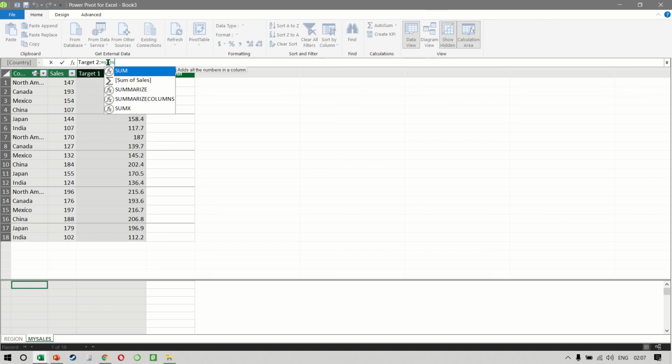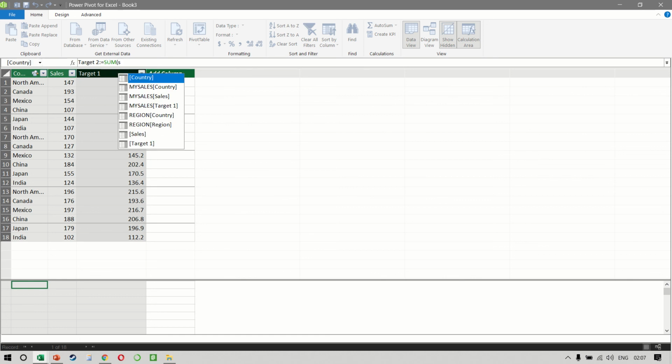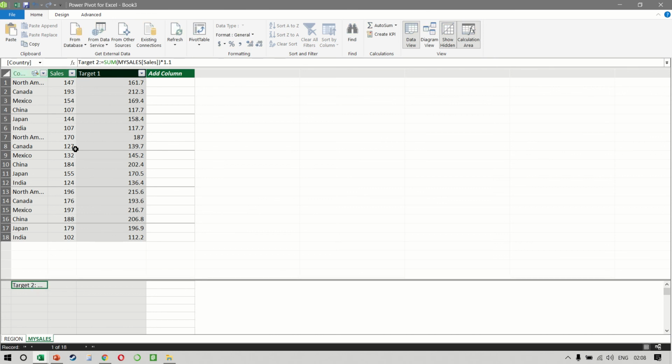This would be sum of sales and into 1.1. So you notice that at the bottom it gives us a result which says the target 2 is 3060.2.